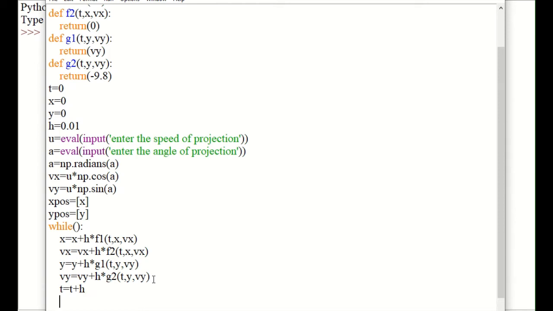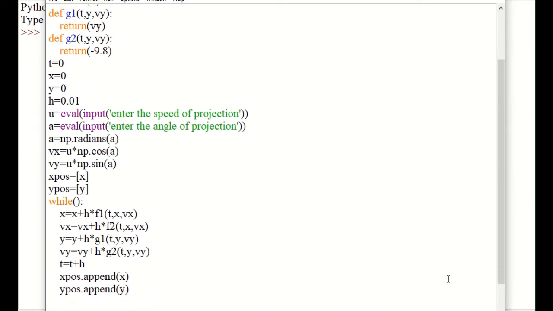What's the next step? You must append both x and y values. So xpos dot append x, ypos dot append y. So these are the steps to be iterated.